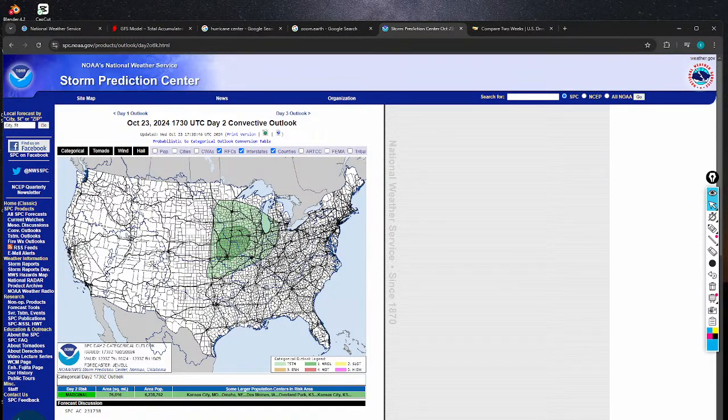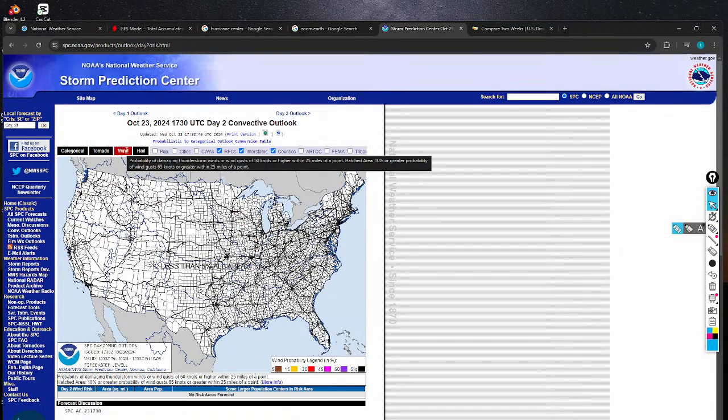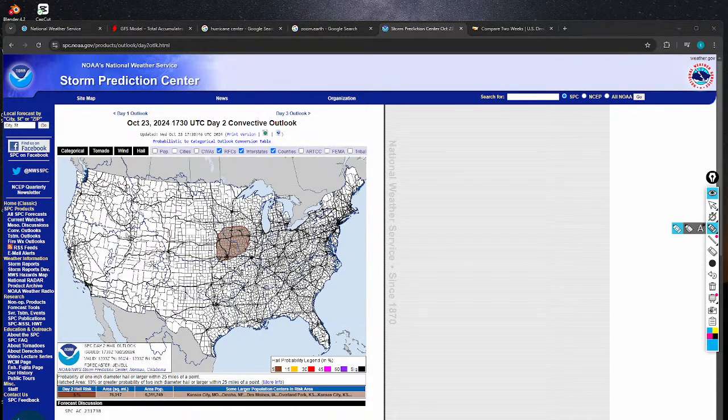So Oklahoma doesn't have anything. A lot of the states don't have this right now, but mainly Iowa, Indiana, a little bit of Kansas, and a little bit of Nebraska are all in a marginal risk. This isn't a bad risk. There's no tornado or wind chance, mainly just a hail chance. Very small supercells could start forming.